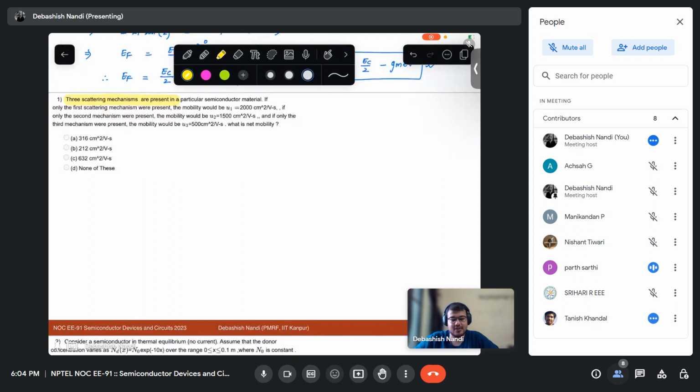Impurity scattering or Coulomb scattering, right? And anything else? So they have told that 3, right? We know that these 2 are major, but I have told you 5, 6 more kinds of scatterings. So there would be surface scattering, defect scattering, interstitial atom scattering. Many mechanisms are there. So we are told that there will be 3 scatterings. You might think that we know only of 2 scatterings, so how can there be 3? This is the reason: there are more than 2 scatterings, but we generally talk about 2 main scatterings.